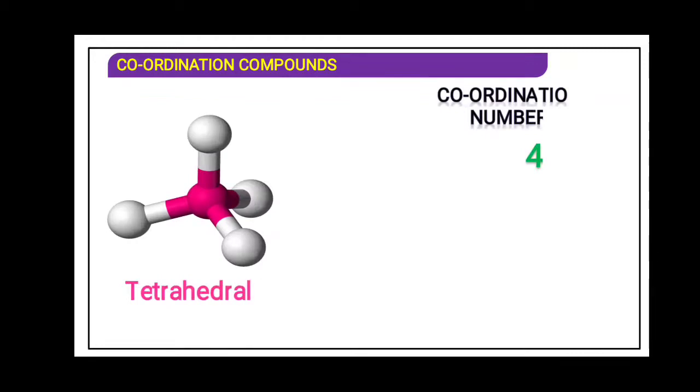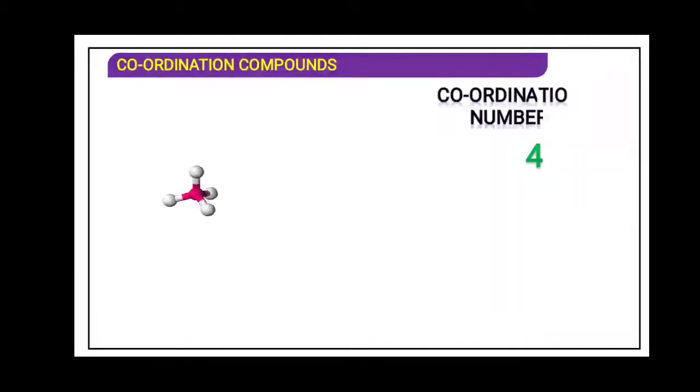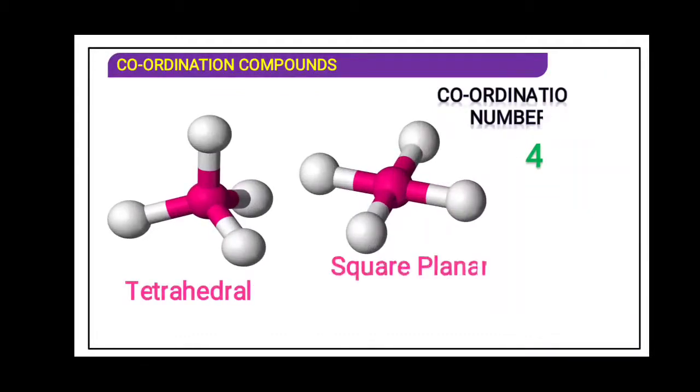If there is a 4, it will seem to be a tetrahedral geometry. Tetrahedral geometry, how can I explain to you? Try to understand. There are 4 ligands, that doesn't mean it is tetrahedral. Tetrahedral means there are 4 faces of the tetrahedron. See, this is the first face, this is the second face, and at the back side, this is the third face from the back side, and from the bottom, this is the fourth face. In this way, there is a tetrahedron. Now, this is with the coordination number 4.